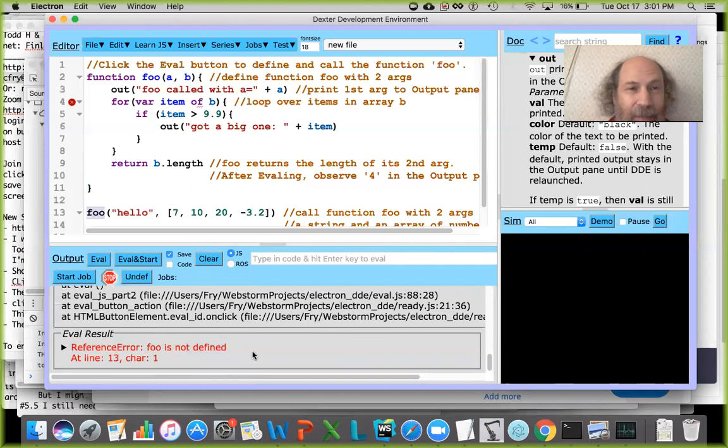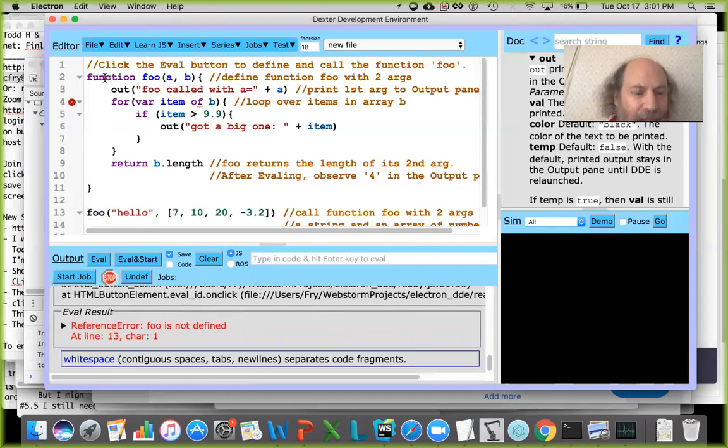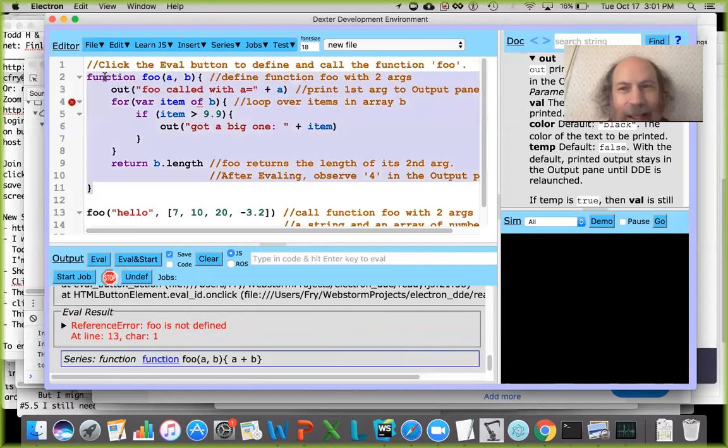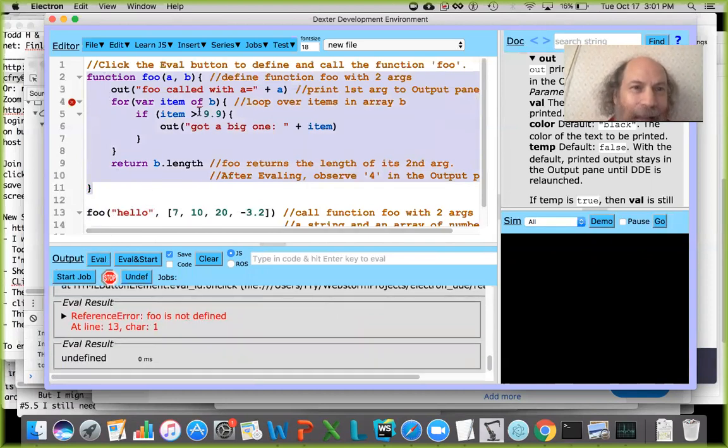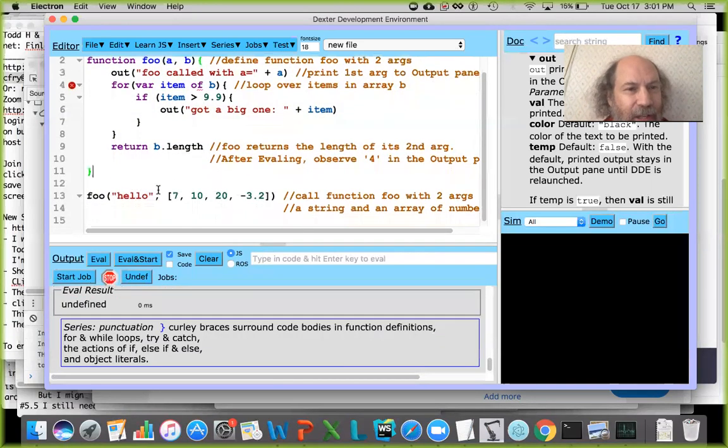Okay, now I'm starting to believe it that foo is not defined. What's this bug all about? I just forgot to define foo, right? I just forgot to click eval on this guy. Okay, so that's a really common bug right there. You'll see it all the time. Click on eval, and now, unfortunately, JavaScript has a function definition return undefined, kind of confusing in this scenario, but